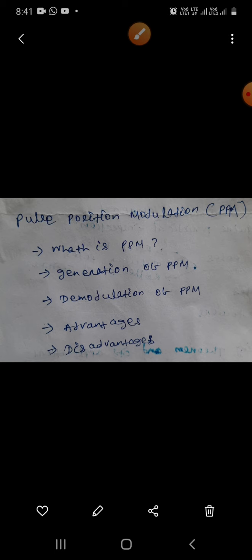Okay, so PPM is where the amplitude and width of the pulses are kept constant, but the position of each pulse is varied in accordance with the amplitude of the sampled values of the modulating signal. The position of the pulses is changed with respect to the position of reference pulses. The PPM pulses can be derived from the PWM pulses. See this figure, where we derive the PPM pulses from PWM pulses.